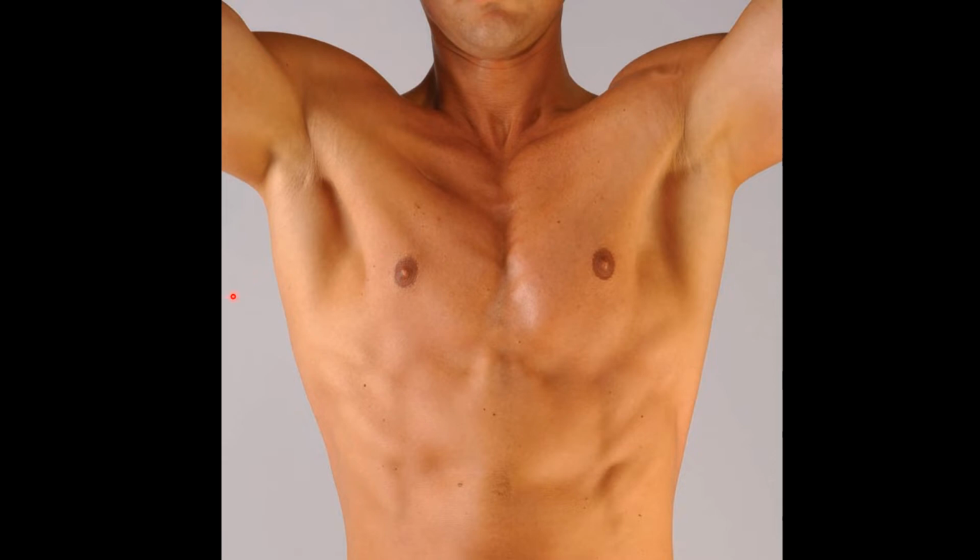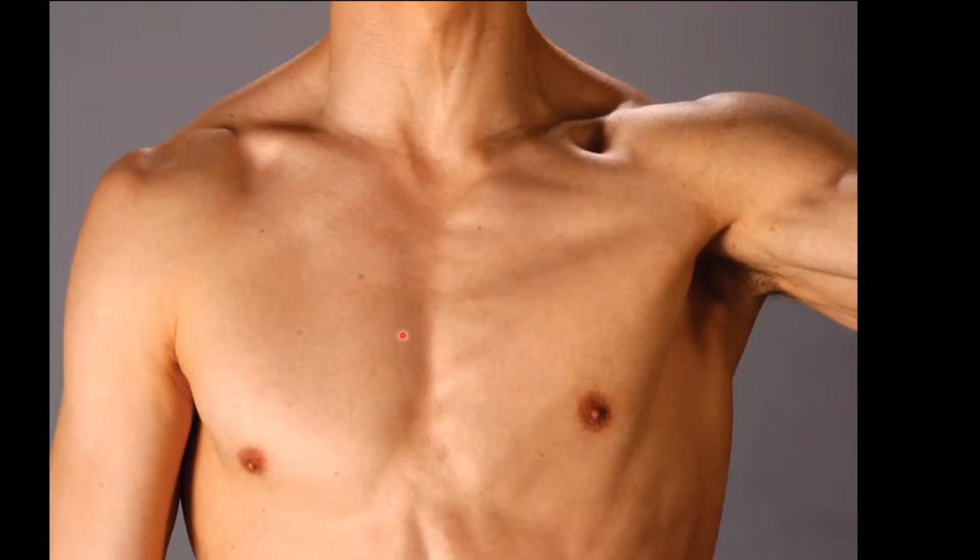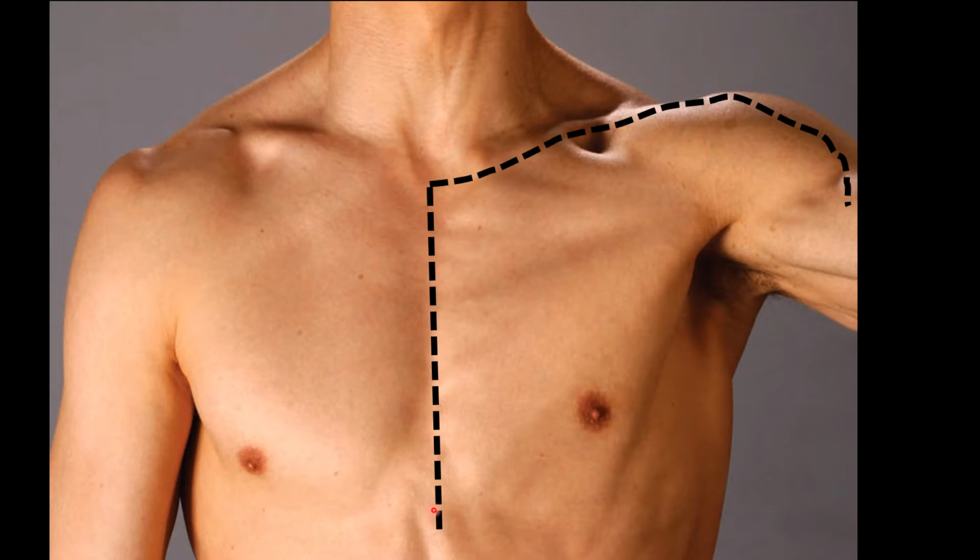So let's get started with how we give incisions in the pectoral region. There is a vertical incision from the jugular notch to the epigastric fossa. Then the second incision we give is from the suprasternal notch to the lateral border of the acromion process, and it also extends up to the arm, till the insertion of the deltoid muscle. Then the third incision we give is from the epigastric fossa to the midpoint of the axilla,